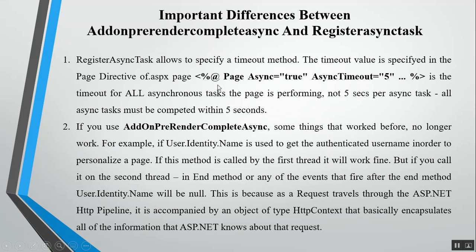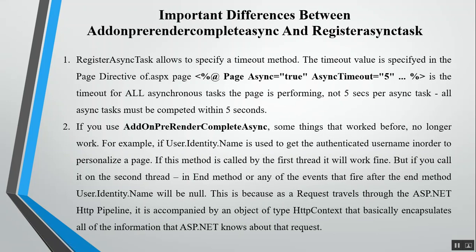But we can also specify AsyncTimeout in the page directive. These two attributes are important for asynchronous processing. If we specify AsyncTimeout in the page directive, then if the asynchronous processes are not executed within 5 seconds, it will time out and terminate all of them.